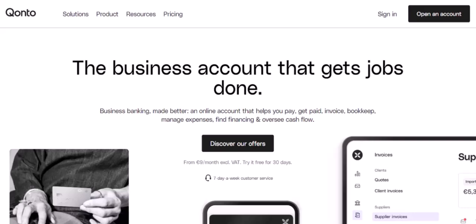Ever wished there was a way to get paid instantly without having to chase down invoices or deal with complicated bank transfers? A way to simply send a link and have the money land directly in your account? Well, what if I told you that's not just a dream, but a reality for thousands of businesses? Today, we're diving into the world of payment links and how Qonto is turning this simple concept into a powerful